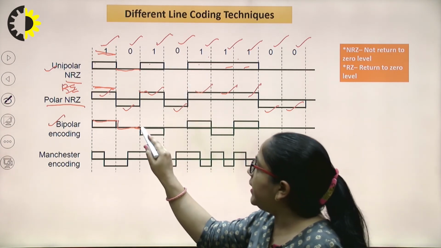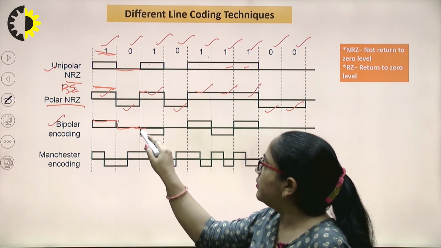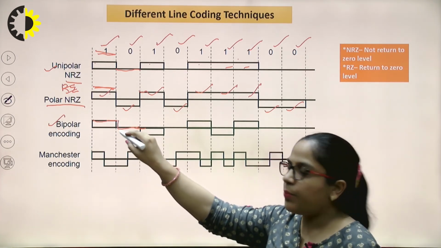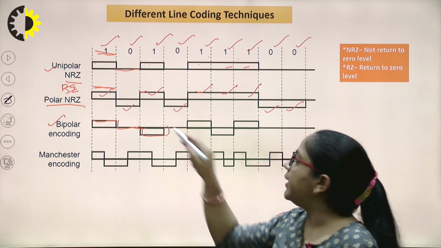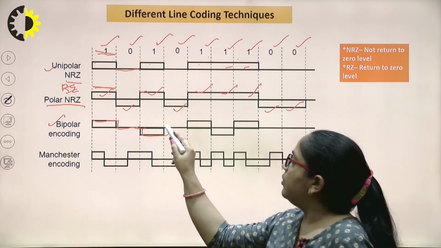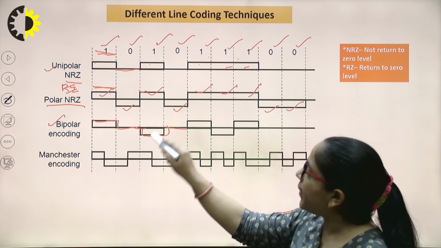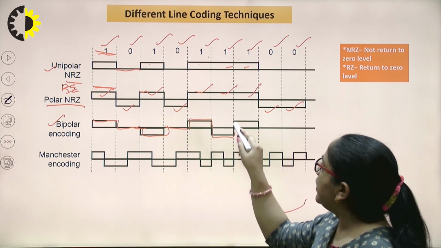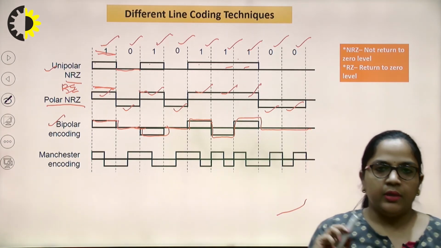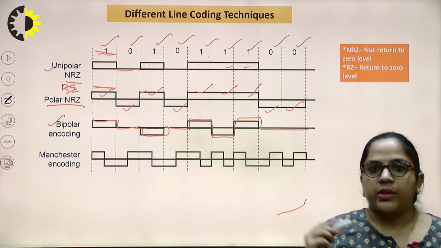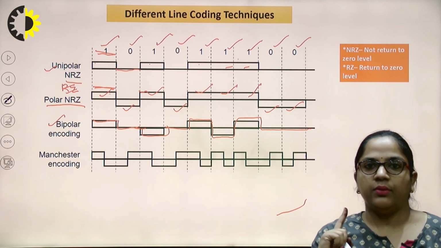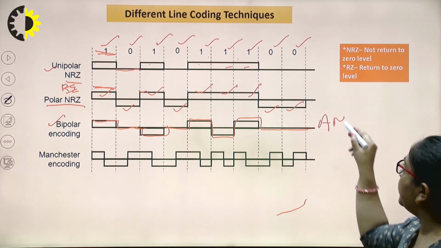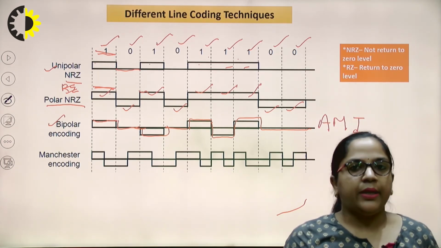Then we have the next one. The next one will be indicated with alternate voltage level in comparison to the previous one. So the previous one is indicated with positive polarity, so this next one will be indicated with negative polarity. So on, again we have 0, no voltage level, then again 1, compared to the previous one, we will provide it positive polarity, again we have 1, then negative, then again positive, and so on. So in case of bipolar, we assign positive and negative polarity both to the 1 alternatively. This is also called AMI, alternate mark inversion line coding technique.